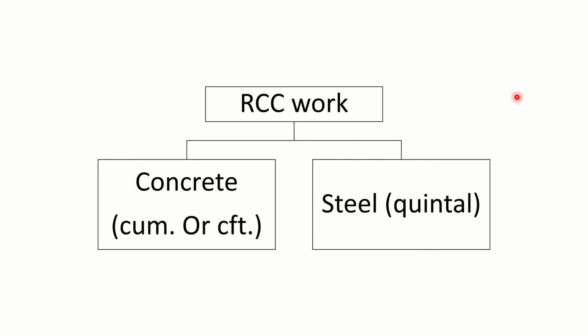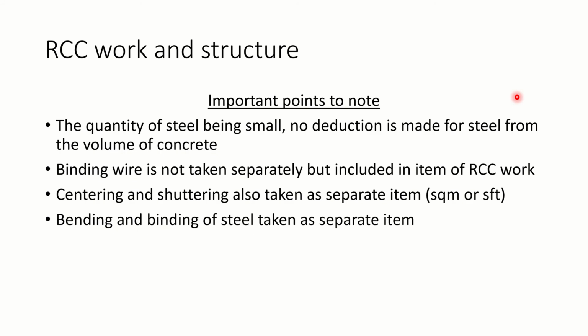So if we divide the RCC work into two parts, it comes as concrete and steel. Concrete will include the volume of the cement concrete or lime concrete that you are using for construction, and steel will involve the reinforcement steel, the binding of that steel. The binding wires that we use are generally included in the concrete portion or in the steel portion at some percentage value. So these are the important points to note when we do the quantity estimation for RCC work or